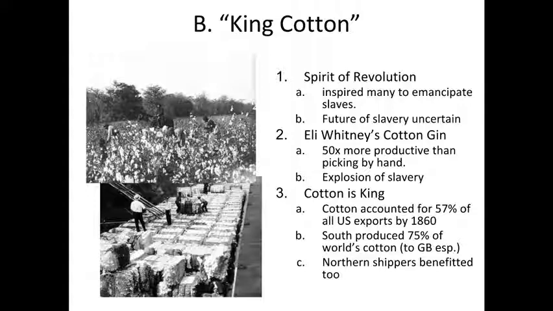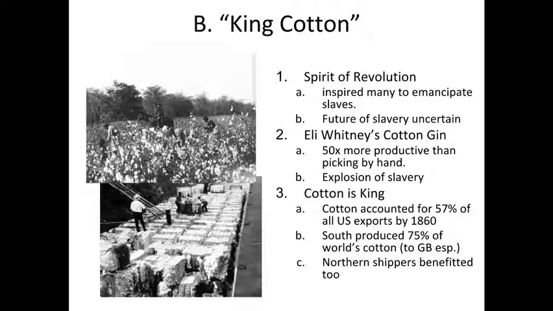It was 50 times more productive than picking cotton by hand. Because of the cotton gin, people were able to buy more slaves and have them pick cotton faster, instead of having the slaves separate it by hand. All they needed to do was pick it and gather as many bundles as possible, and then the cotton gin would do its work by separating the cotton fibers from the seeds.